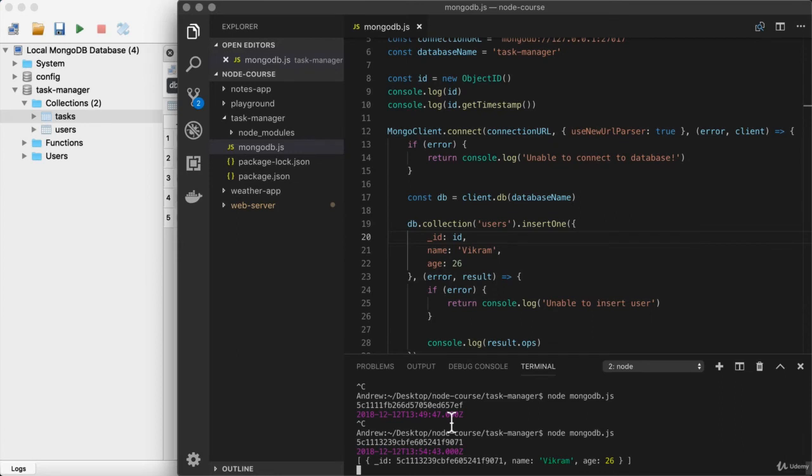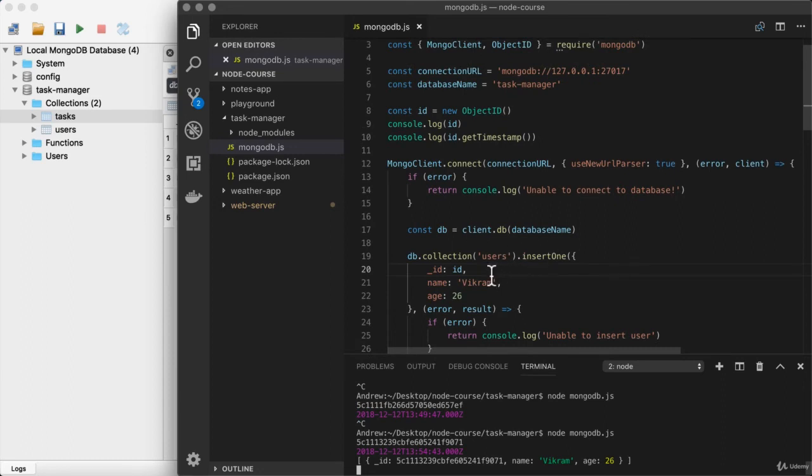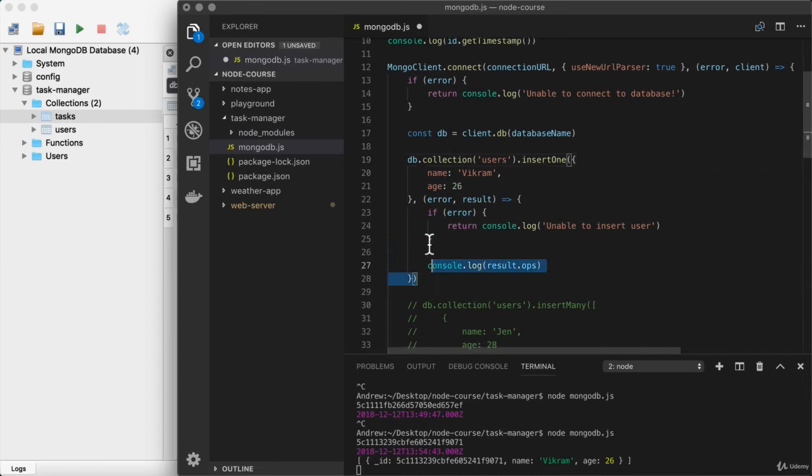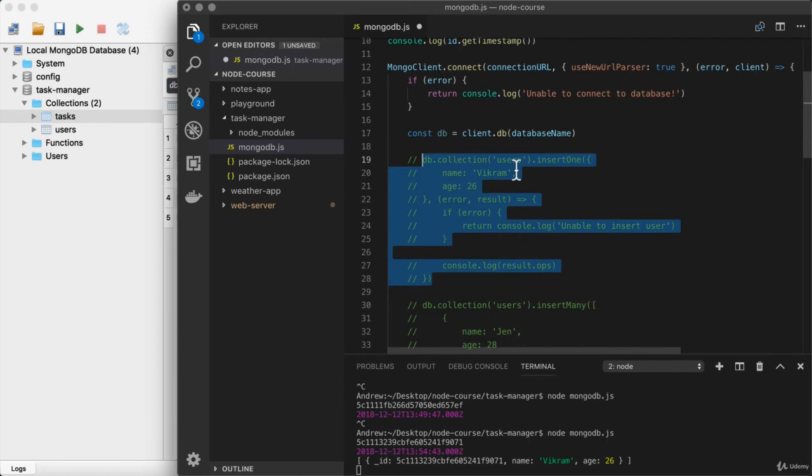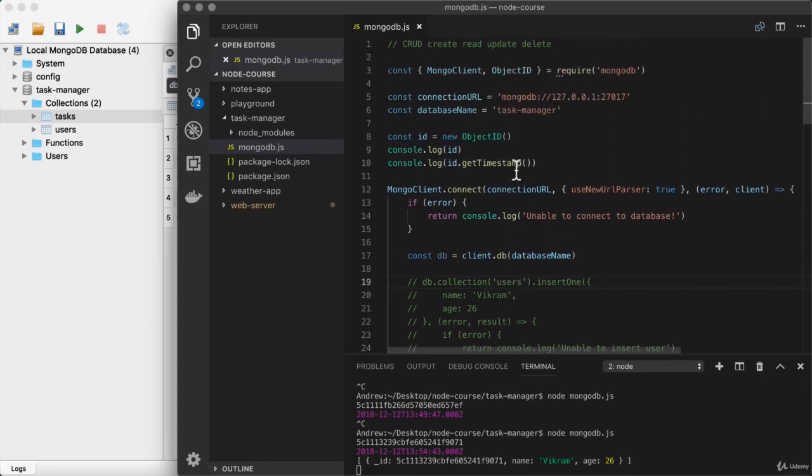Now, there's just one more thing I want to talk about related to object IDs before we wrap up. For the moment, I'm going to remove that ID property, and I'm going to comment out this example once again. I just set that up to show you that you can provide your own object ID if you want to. Now, for our purposes, we're not going to do that because it's just extra code. We can have MongoDB automatically generate it for us, and in most cases, we don't need to know the object ID value before the document is inserted. But if you needed to, you could.